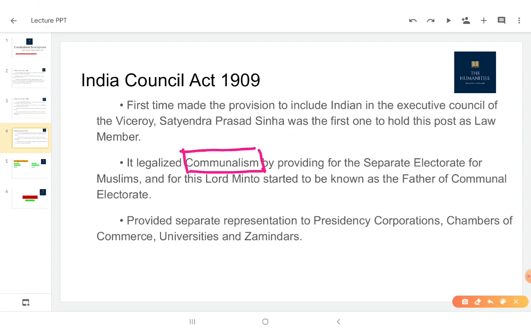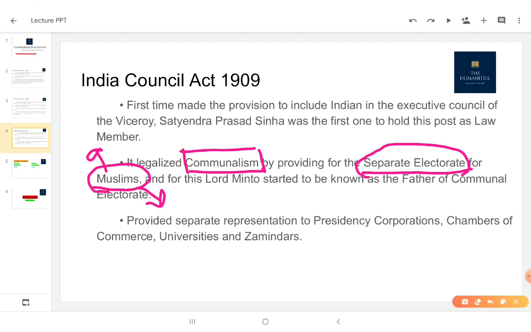This act also legalized communalism. How? Because it made the provision for separate electorate for Muslims only. Separate electorate means that in the areas where the Muslims were in majority, only Muslims were allowed to contest the elections, and only Muslim voters would be voting for them. So this was